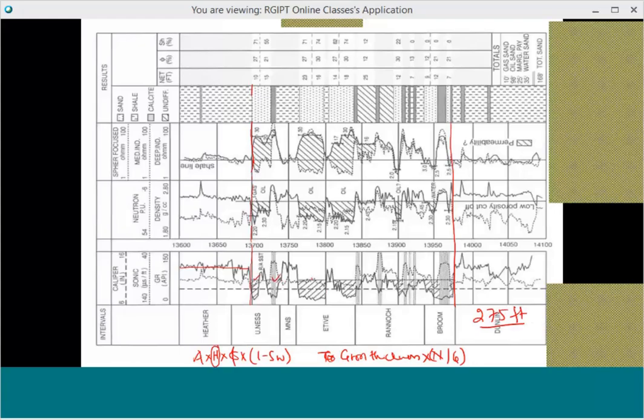Okay, these are some of the sands which is contributing to this reservoir. Okay. And you remember how you do this? You take the shale line and sand line, and halfway between the two, and then you